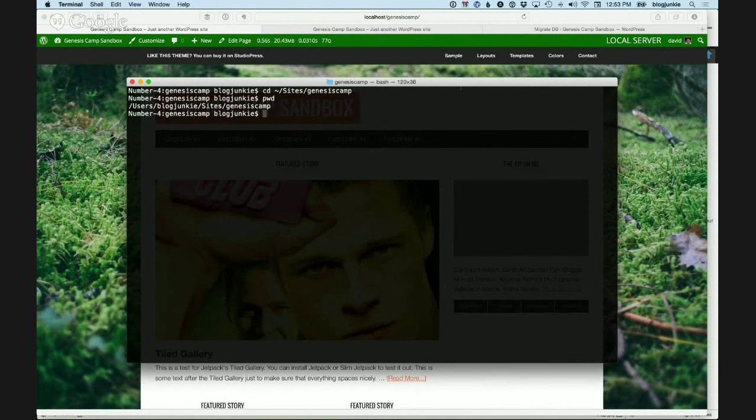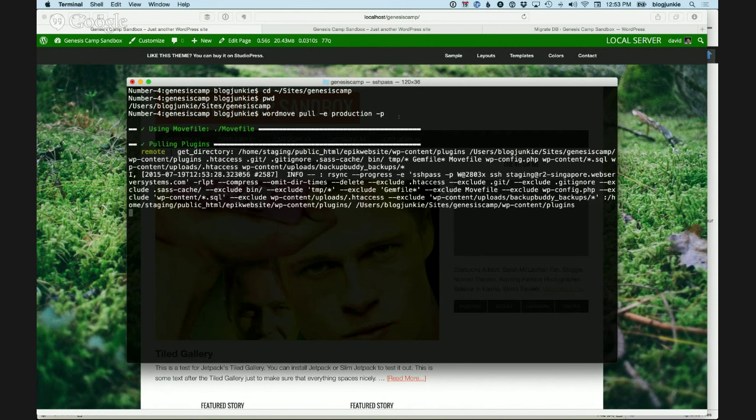And for me to activate WordMove, all I need to do is type wordmove. I want to pull from production, and I want to just pull the plugins. So what this command means is that I'm pulling from production. The E flag is for the environment, and P is for plugins. So press enter, and